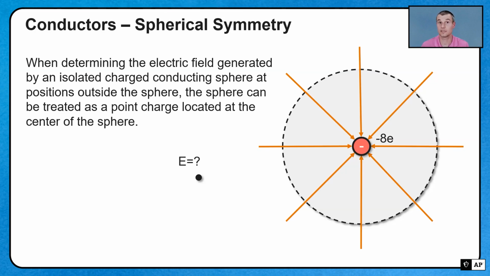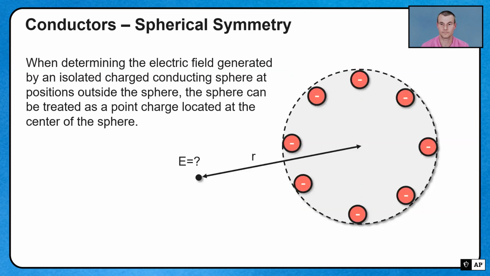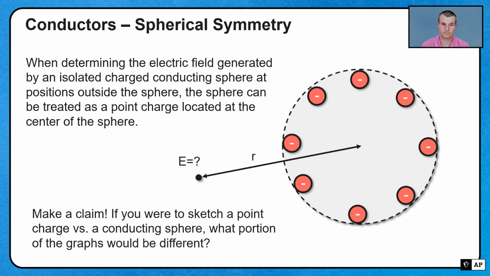And this is actually a little symmetry that can happen: if ever you're outside of a conductor, or heck, if you're outside of an insulator, you can treat that whole charged object as just being a single point there in the center. As a fun fact as well, the radius that you measure isn't to the surface of the conductor. The radius is always to the center of the charge. Kind of like what you did in mechanics, where you always measure to the center of mass of the object. For electrostatics, we want to measure to the center of charge of that object. So hooray,